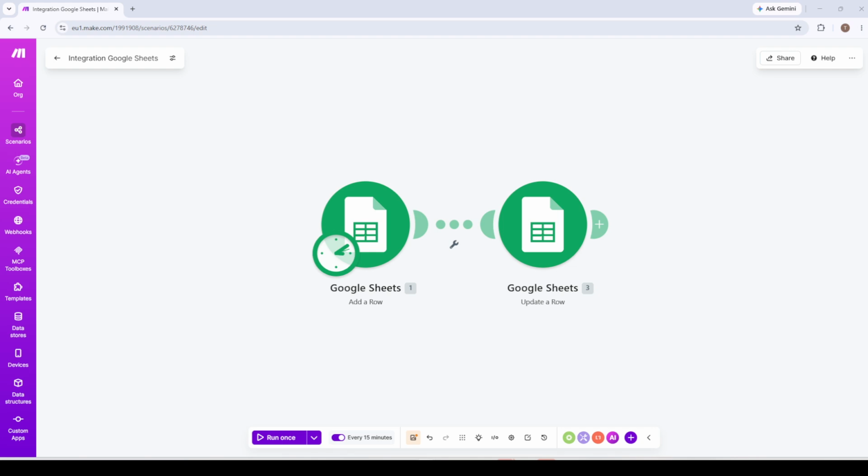The real power here is compounding. Once you have a handful of well-scheduled scenarios running in the background, entire chunks of your day-to-day work simply disappear from your to-do list. A great next step is to revisit your scenario after its first scheduled run and check the execution history. Make logs every run with detailed results, so you can confirm everything fired correctly and troubleshoot anything unexpected. Save this video so you can come back to these steps whenever you're setting up a new scenario, and